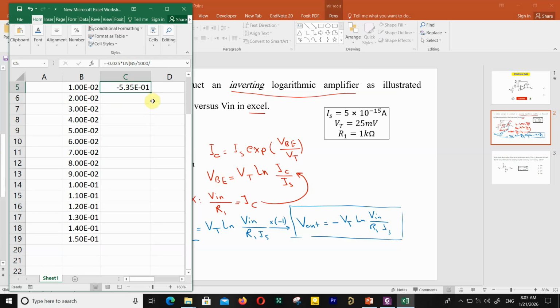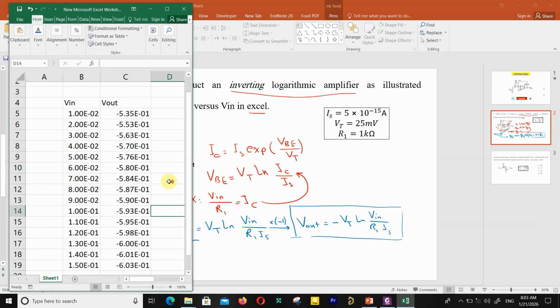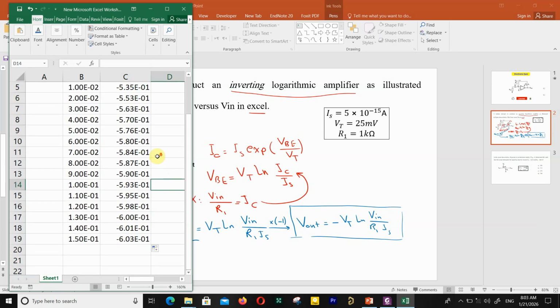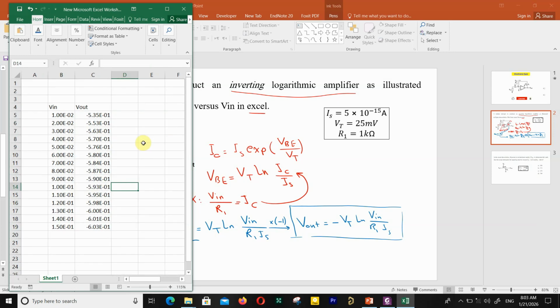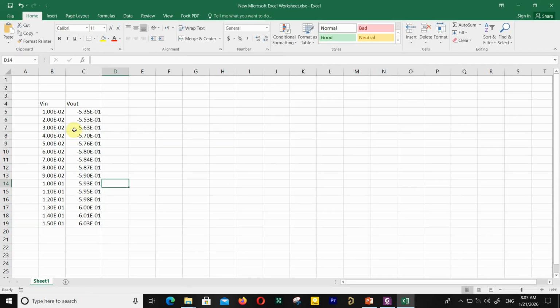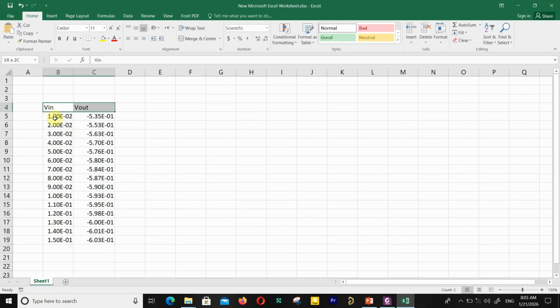Now in order to do the same, you just click in here and drag this to the last number. Now you have all the results for V out, and now we can choose these columns